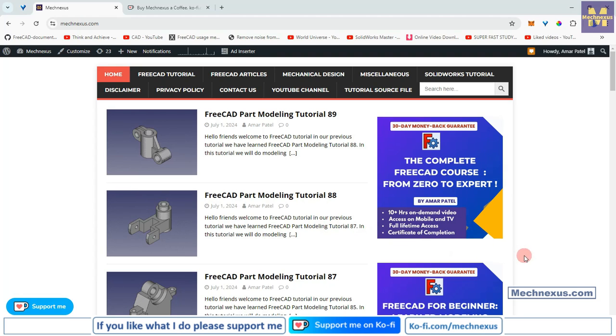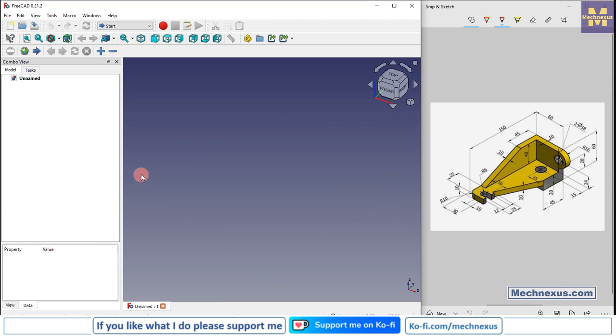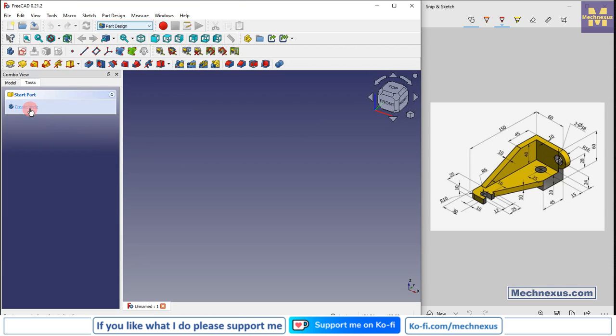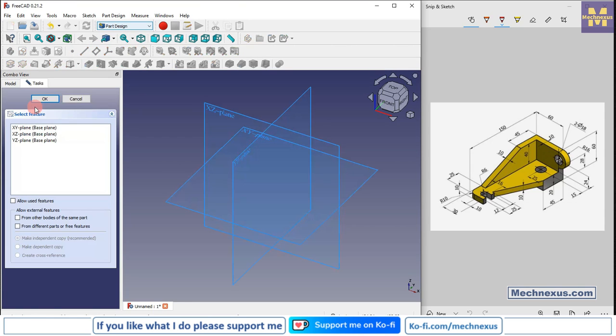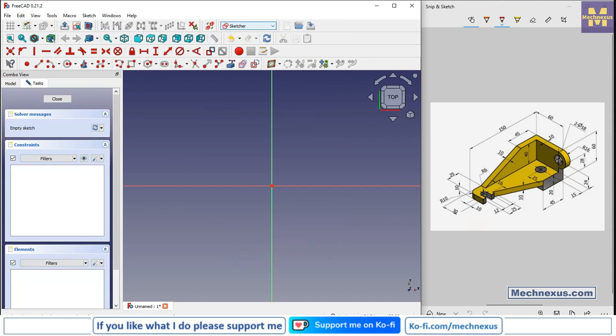So let's come back to our tutorial. So here I have created a new file, and the first thing which I will do is to activate my Part Design workbench, and I will create a body, then create a sketch, and we will study our part. So if you see our part, this is the base sketch. So for this we will select a top plane, and we will